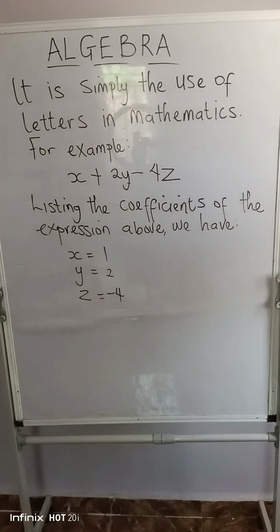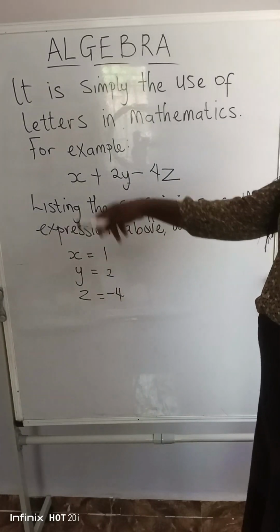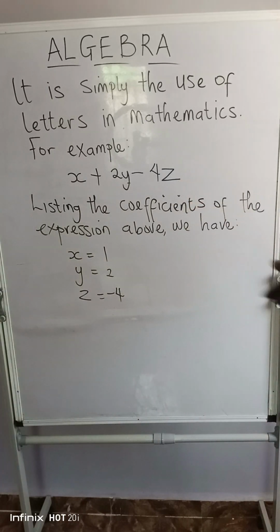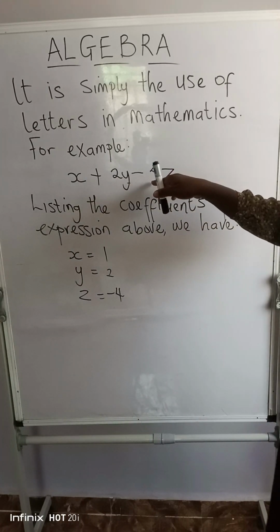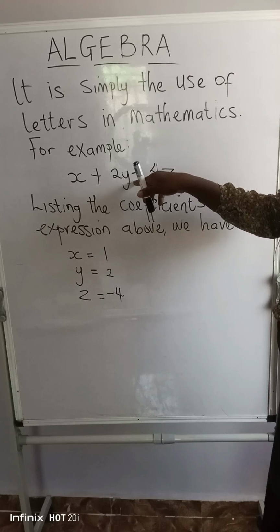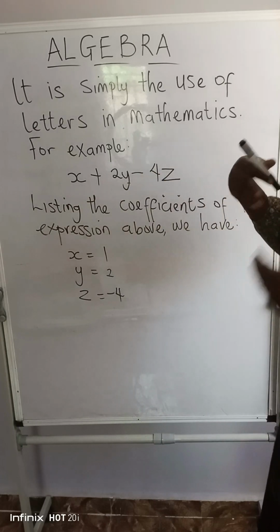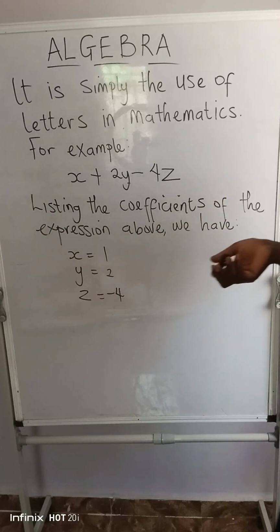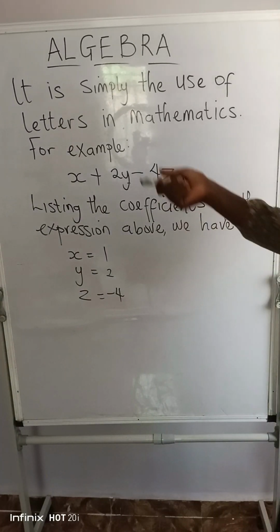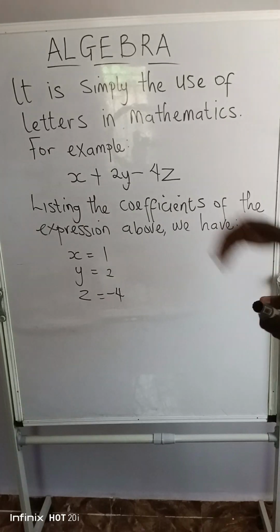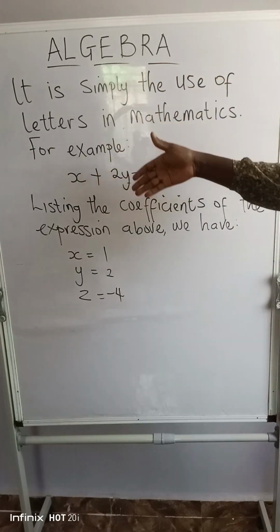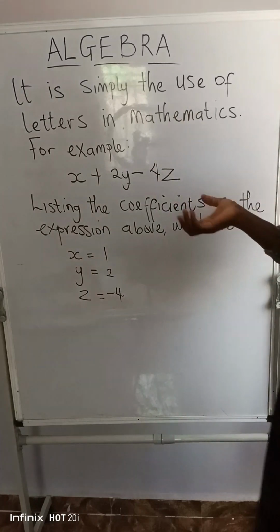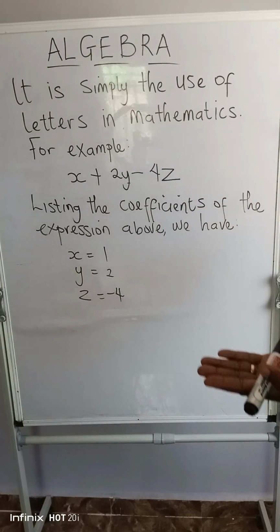So, for example, in this expression below, we have x plus 2y minus 4z. If you notice, we do not have just ordinary numbers alone, we have them attached to letters. So it could also come in the form of x plus 1. That's still an algebraic expression. So once you find any expression that has letters and numbers, know that that expression is what an algebraic